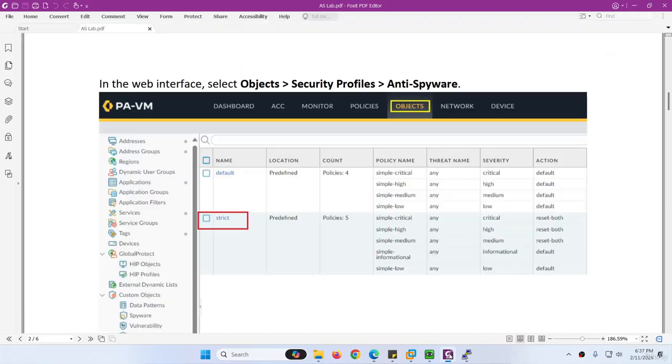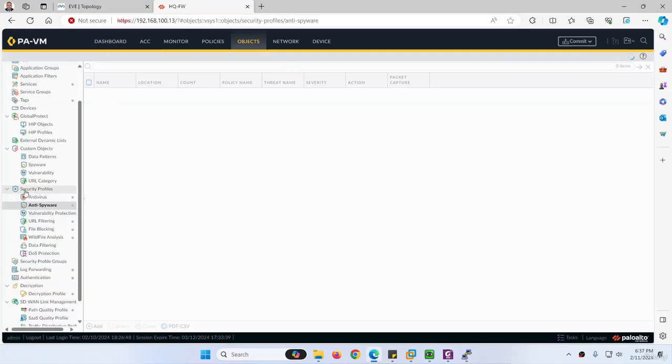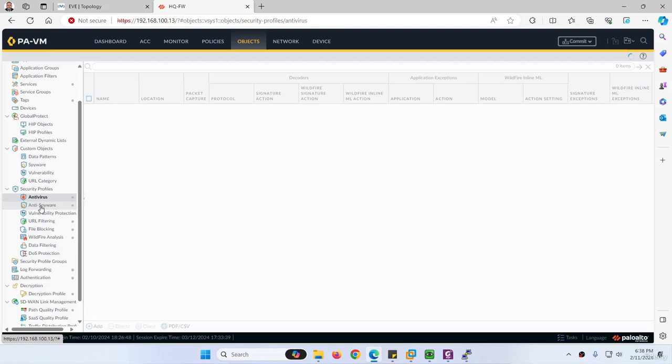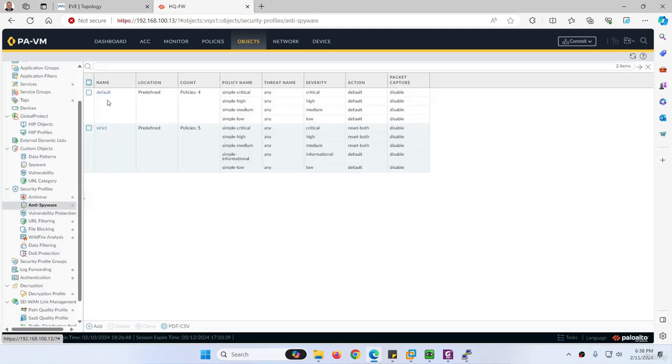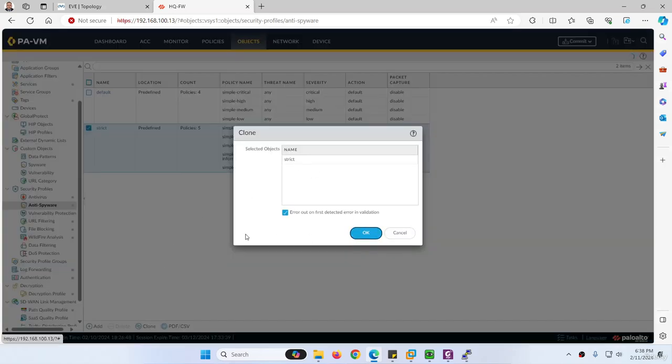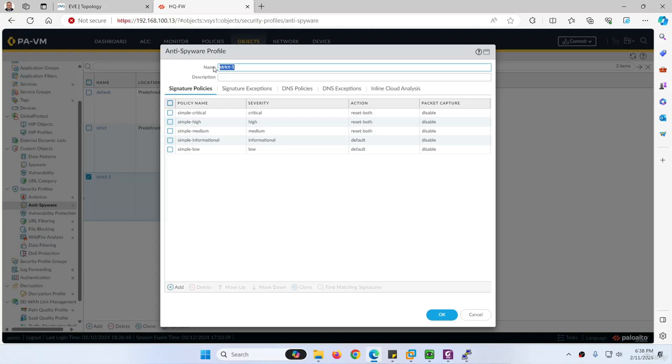Let's start to configure the anti-spyware profile. We need to go to Objects. Let me close this one. And under Security Profiles, we have anti-spyware. Previously we did antivirus, and second we have anti-spyware. There is a default one too, default and strict. Strict is more strict, so let's choose this one and clone it. Click OK. Click on the strict one, because these are read only. So click on this one and let's give it a name,